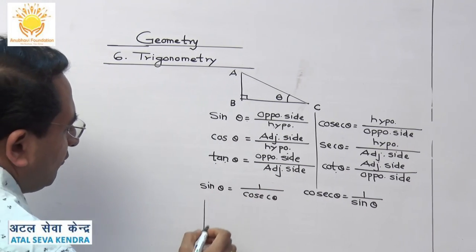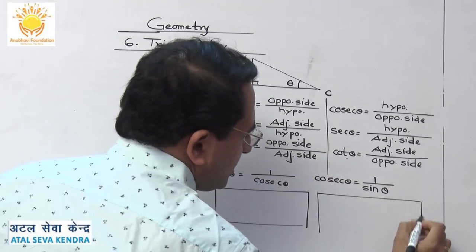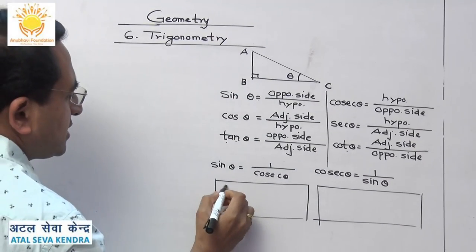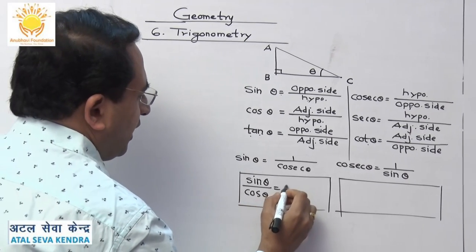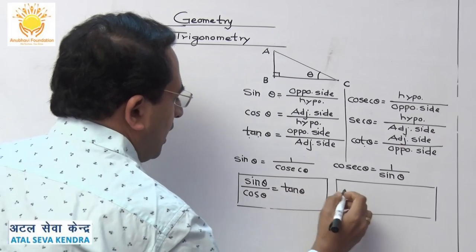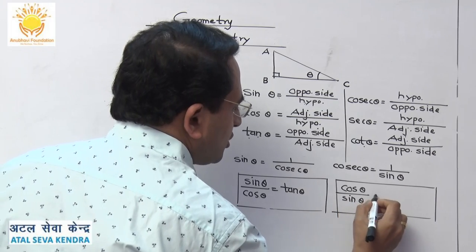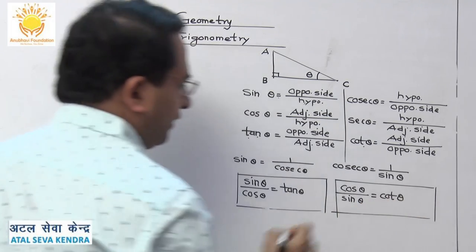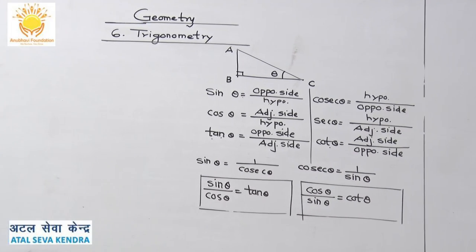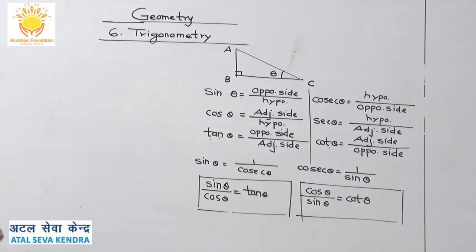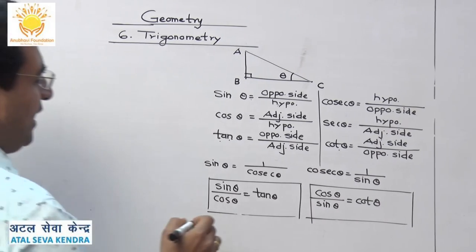Now there are certain formulae which I am going to use for some proofs, and these are nothing but sine of theta divided by cos of theta, then we write the answer here as tan of theta, and cos of theta upon sine of theta, the answer of that is going to be cot of theta. Sine upon cos is tan and cos upon sine is cot. I think this particular thing you must have done in your 9th. But now comes to the identities here.